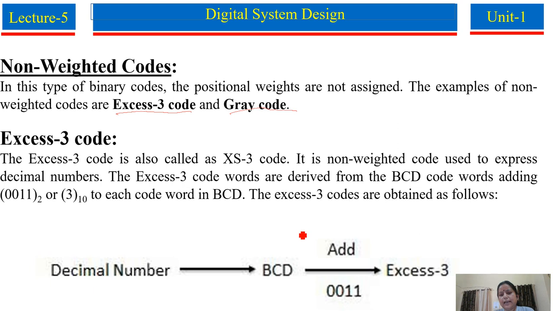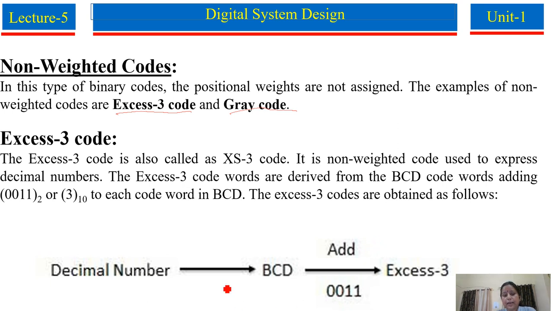So here I explain Excess-3 code. Excess-3 is one of the non-weighted codes. This is Excess-3 from BCD code. किससे 3 ज्यादा है? Excess-3 तो है पर किससे 3? Always remember, this is Excess-3 from BCD code.